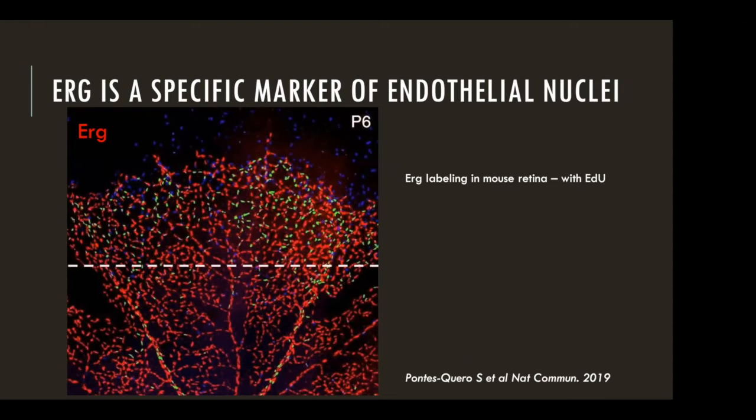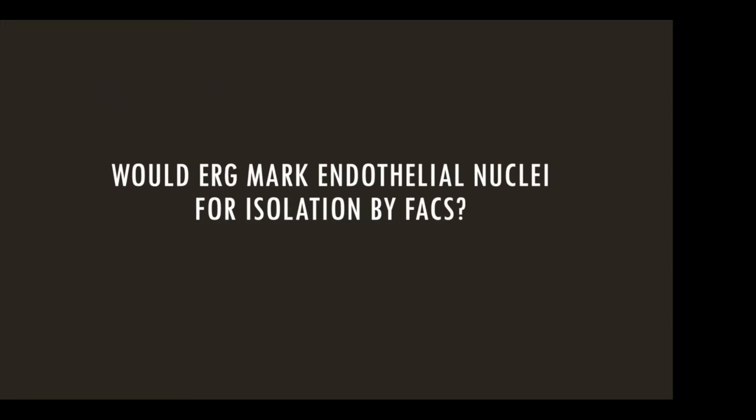And the green label here is EdU labeling, of proliferative cells. So based on these two pieces of information, we thought that in the brain, there's likely going to be very good labeling with ERG, and it'll be very specific for endothelial cell nuclei. And so we wondered if ERG would be able to mark these nuclei for isolation by flow cytometry from nuclei